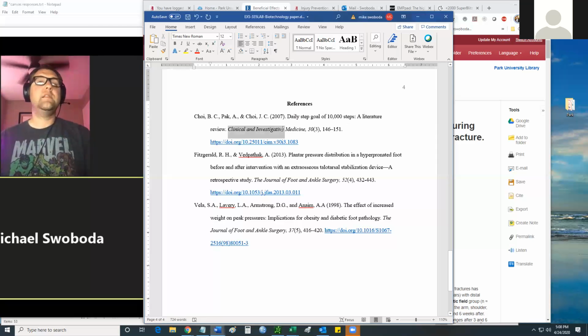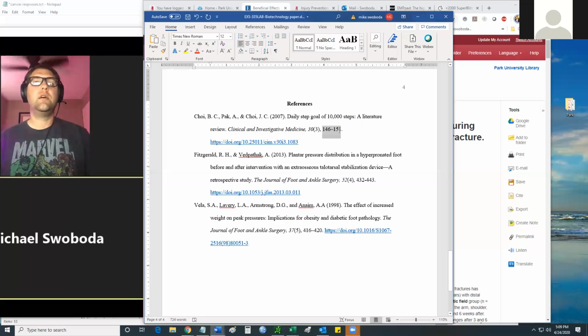You then type the journal name, and the journal name is in all italics. And the journal name should have every word capitalized except words that are less than 4 letters that aren't proper nouns. After the journal title, you put a comma, and then you have edition and issue. So the edition is italicized. There is no space between the edition and your parenthesis. So you put the parentheses here, you put the issue, which is not italicized. The parentheses are not italicized.